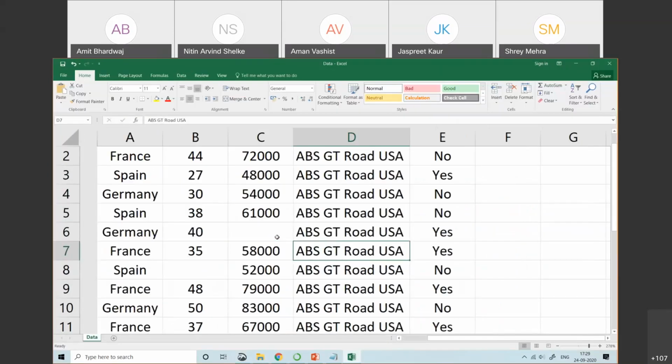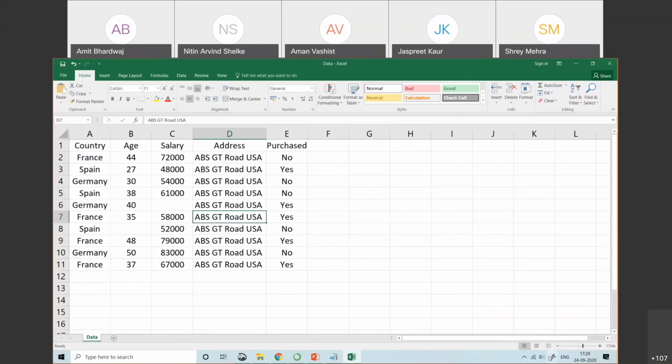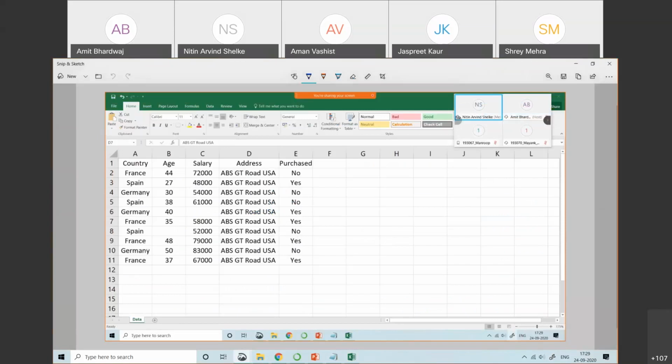Likewise in this dataset also, observe here. As far as this country column is concerned, France, Spain, and Germany, you can't compare like that, saying Germany is greater than Spain and Germany is greater than France. All are having equal range. Let's suppose someone label encoded it: France as 0, Spain as 1, and Germany as 2.